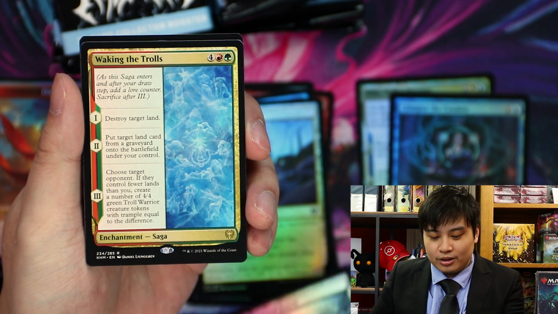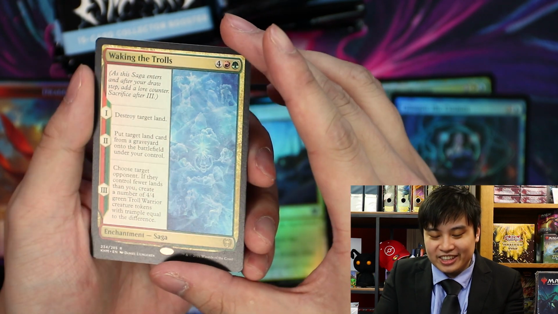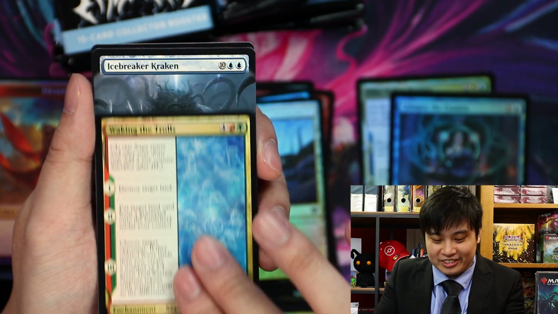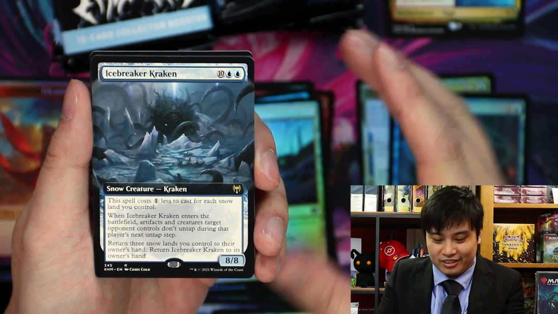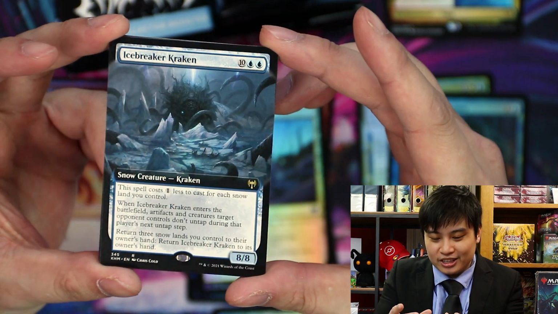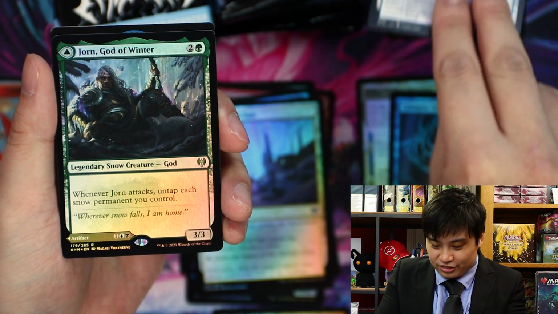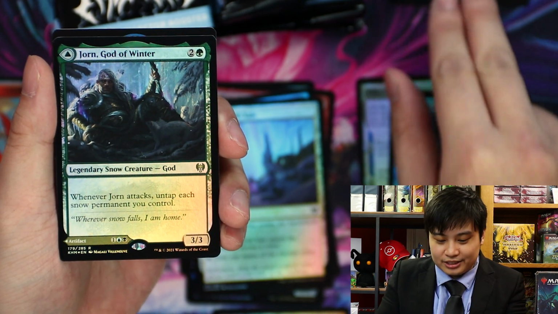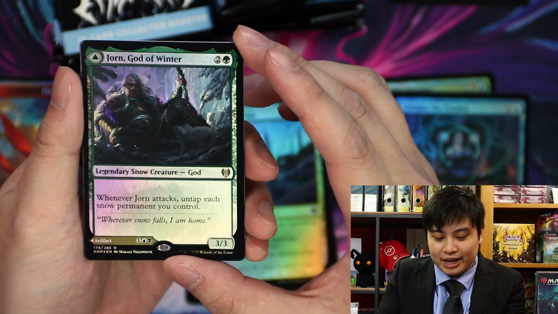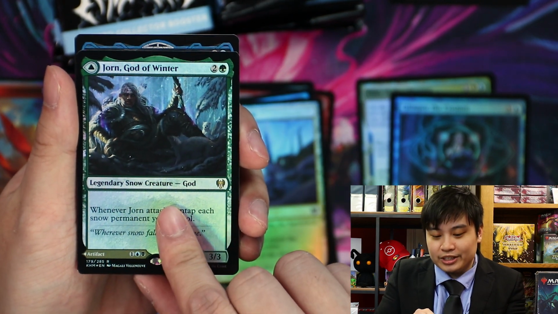Alright. Waking the Troll. Why isn't this one in foil? Was that always the case? It really is waking the freaking troll inside me. Oh, God. Icebreaker Kraken. Full art. 10 blue. Oh, Jesus. Alright, that's our 2 rare slots. We have Jorn, God of Winter. Okay. It's the one that allows you to attack and then untap everything. Kind of like a Seedborn Muse. Not as good, though. Oh, actually, you can do a couple of...